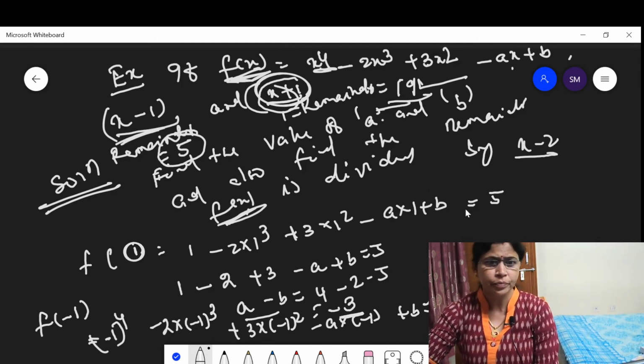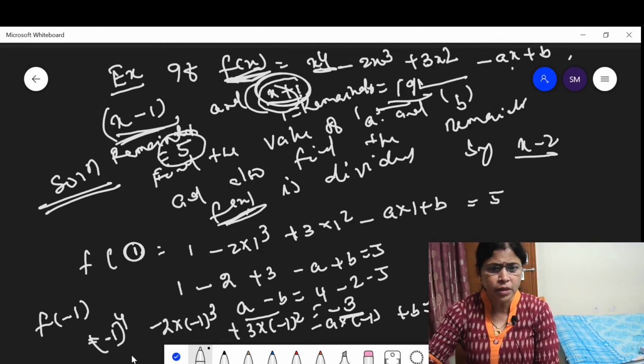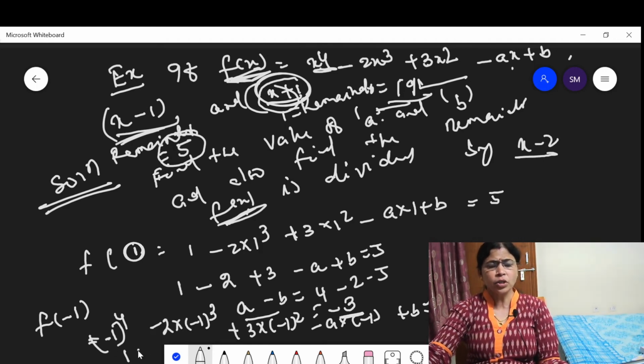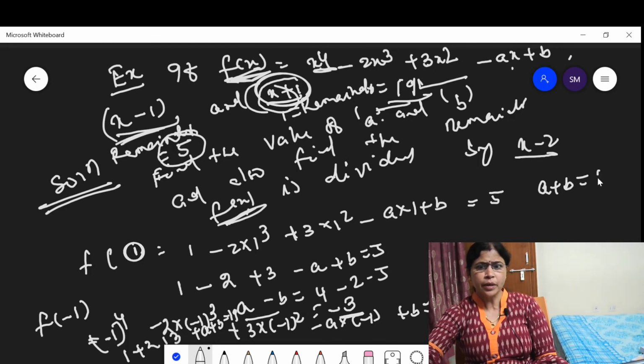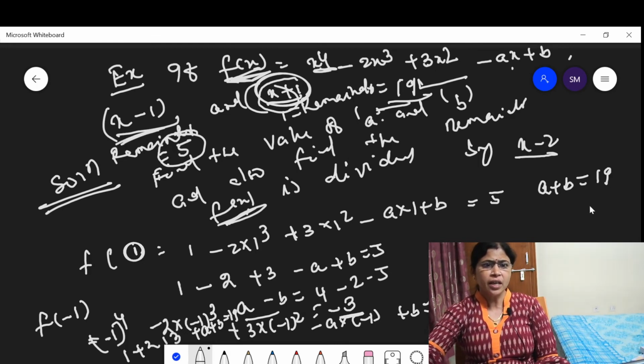This means 1 minus 2 into minus 1 means plus 2, plus 3, plus a plus b is equal to 19, which shows that a plus b is equal to 19 minus 1 minus 2 minus 3, which is equal to